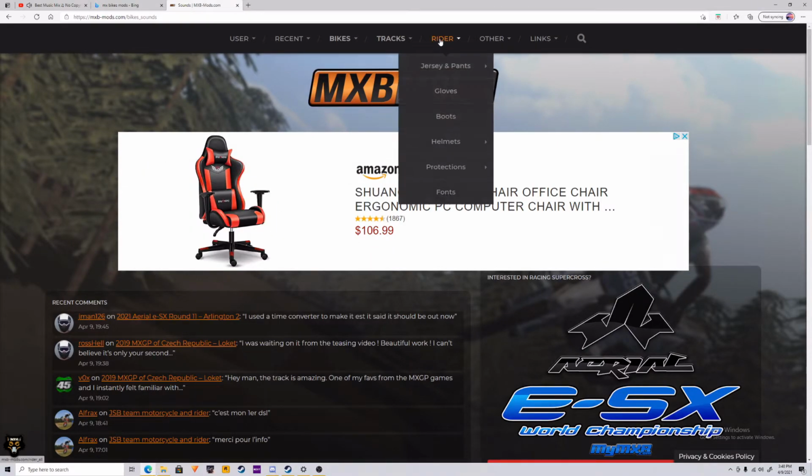This is where it gets a little tricky. This is where it was for me. The boots and the helmets are the tricky ones. So these are going to download as folders. Or they're going to download as paint files. But if you don't have...